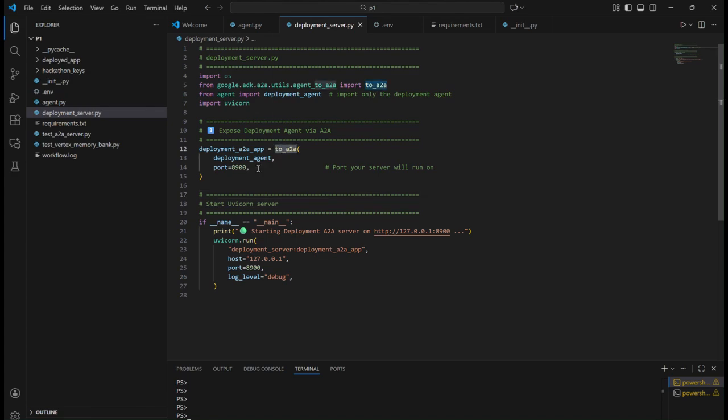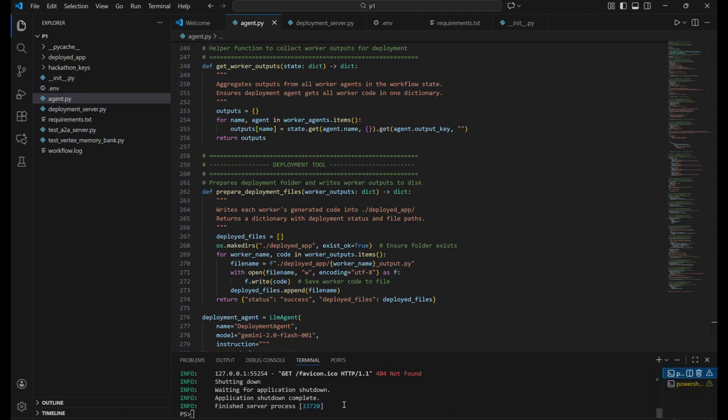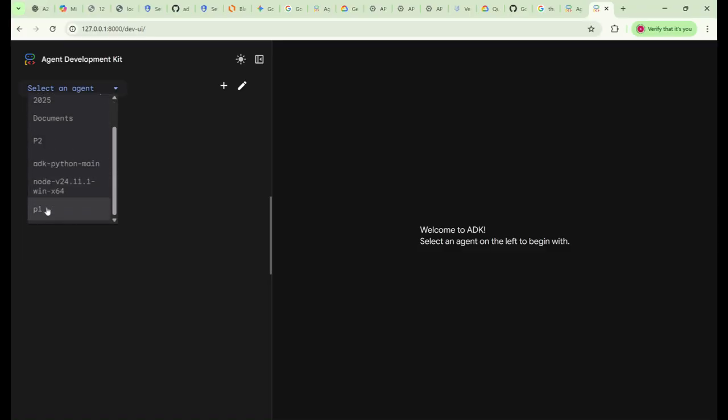You have to have two consoles. One is this console where we are going to just keep the server up. So let's wait and see if the server is up and running. Then you need to go to a different terminal, and there are two ways that we can run an agent, using web and using run. So I chose to use the ADK web UI, and then you can go here,